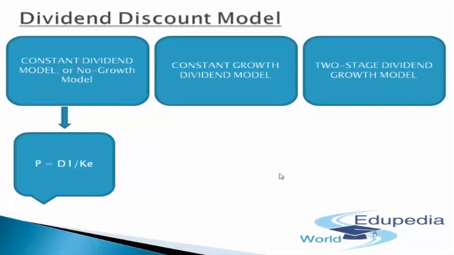So that can be computed by using the dividend, dividing it by your expected return, your required return, or I should say the cost of equity. Whatever you get in the question paper, you can directly divide this expected dividend by the KE. So you will get the intrinsic value of that share. So this is basically the constant dividend model approach, wherein there is no growth at all.